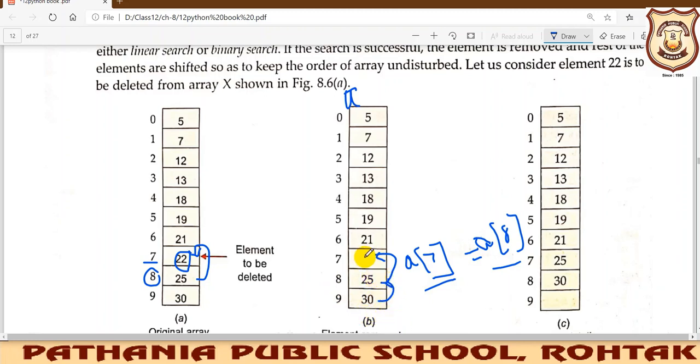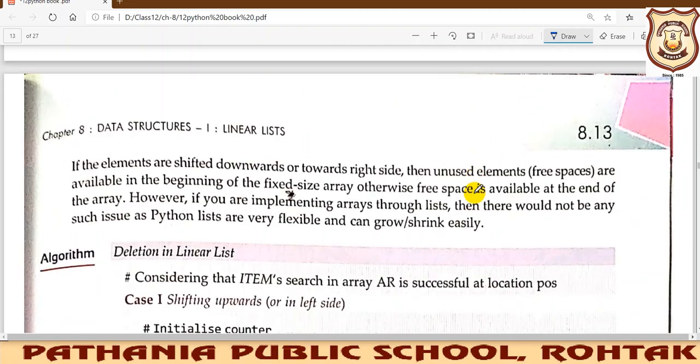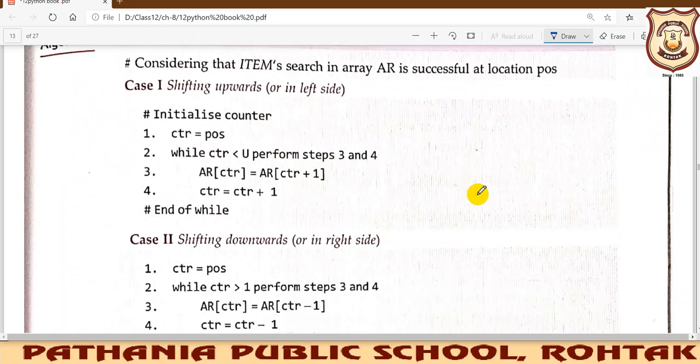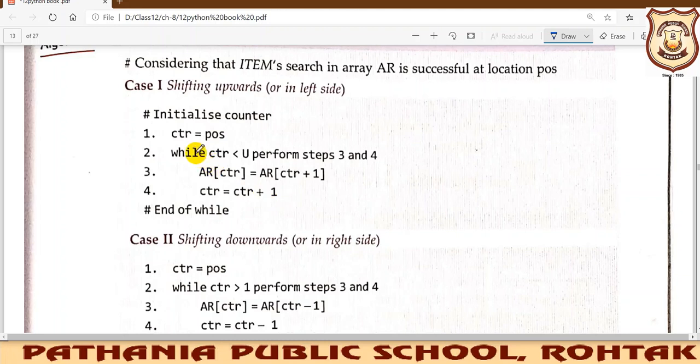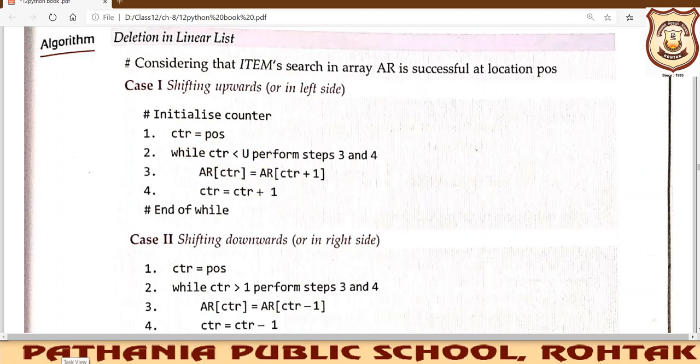In this way we can overwrite, and the space at the last will be created. Now we can see the deletion in the linear list. Firstly we need to see which element we are actually deleting, so we must find the position of that particular element. After finding the position, we can do the rest of the function.